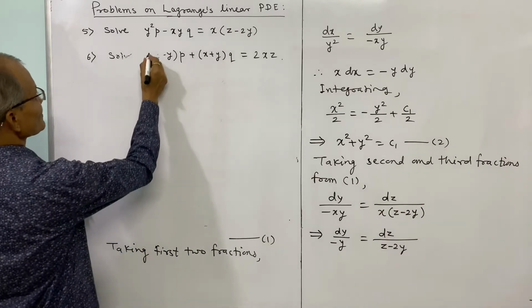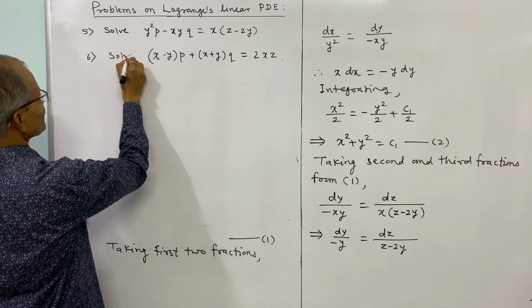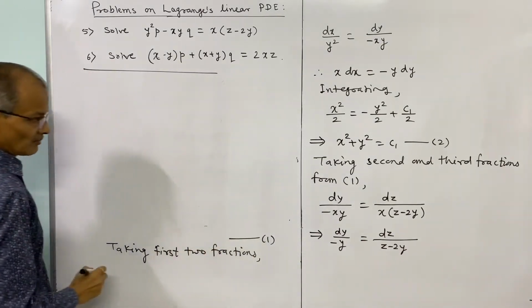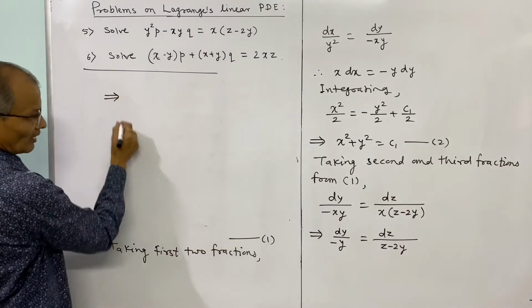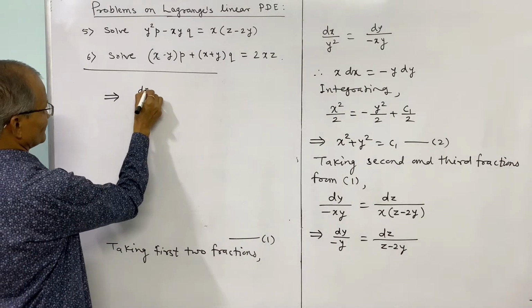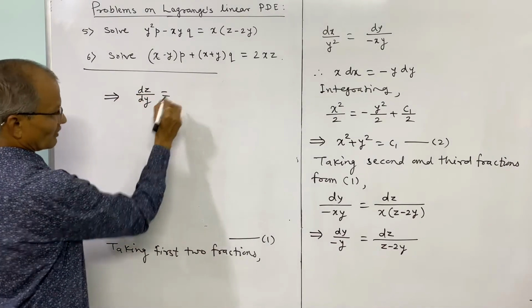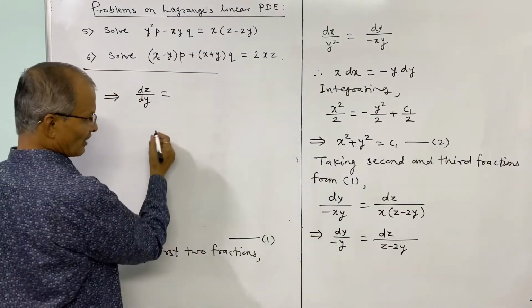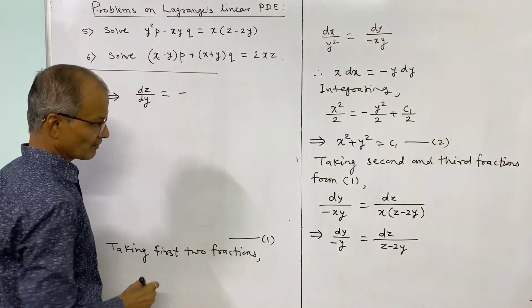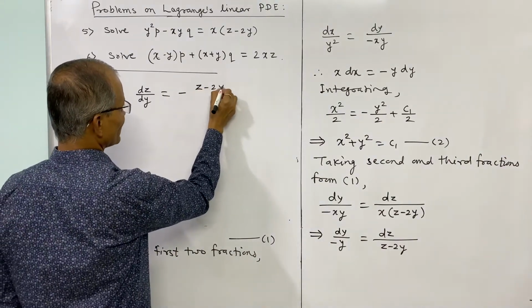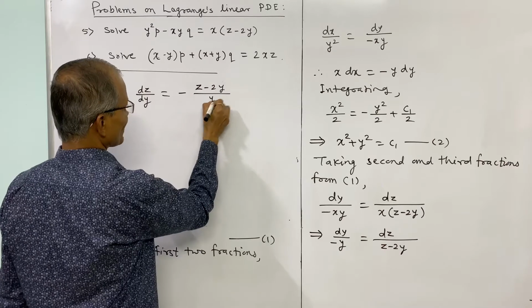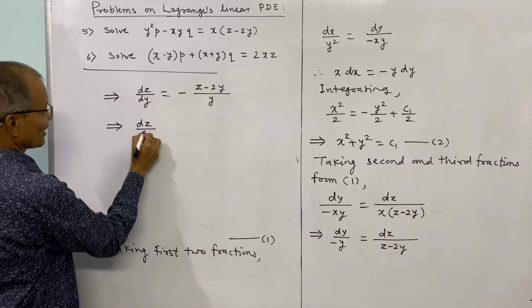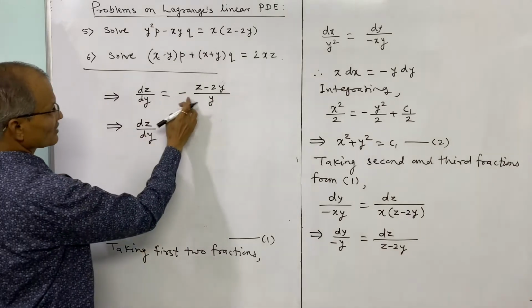So this is x minus y. Now I shall write here, so this implies dz by dy is equal to, take this z on this side, and minus sign is common, z minus 2y divided by y, or that can be written as dz by dy, and you see this can be